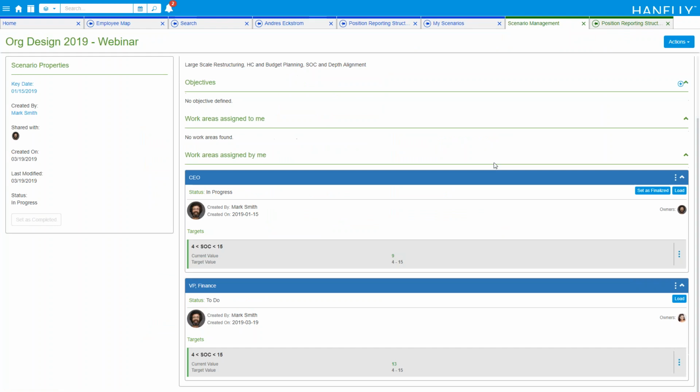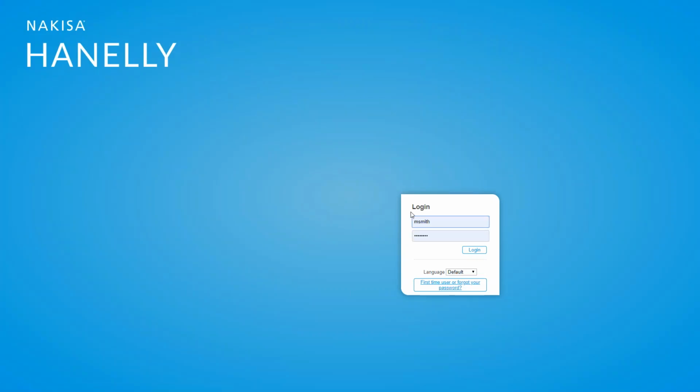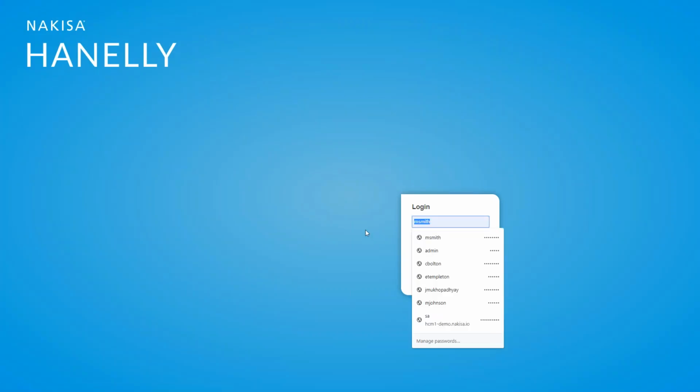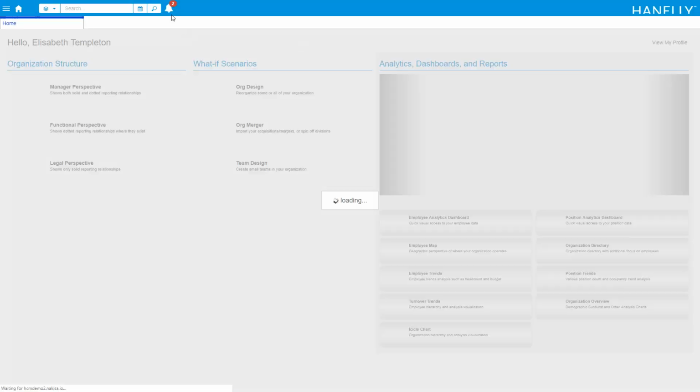Okay, another question was related to the workflow and approval process. So I haven't really shown that in great detail, but as you know, in this scenario that I worked on, we had a work area created, which was owned by Elizabeth Templeton, and that work area is the VP of Finance. So what I can show you very quickly is if I log out of the application and go back in as Elizabeth Templeton, so I'm just going to proxy as Elizabeth Templeton,